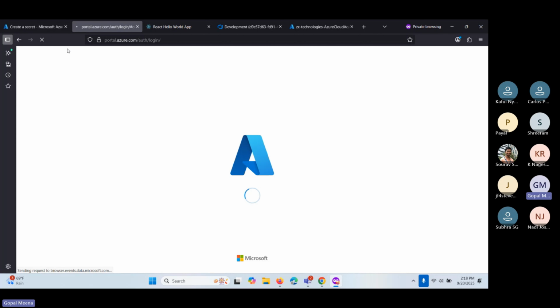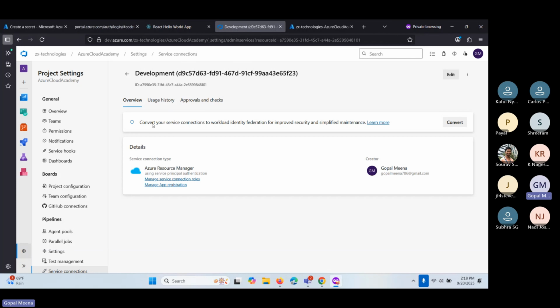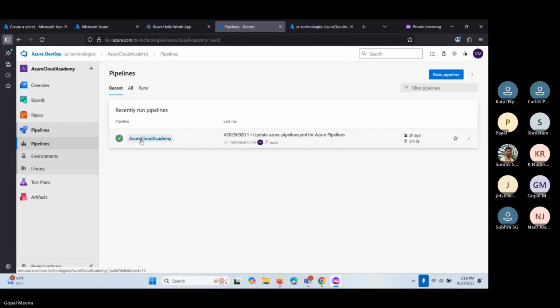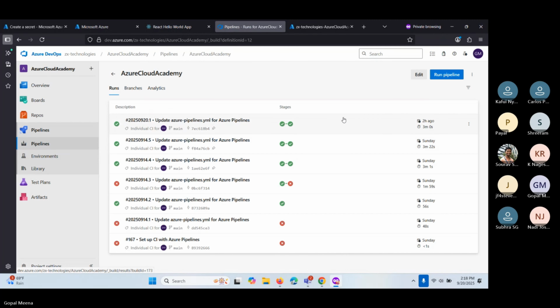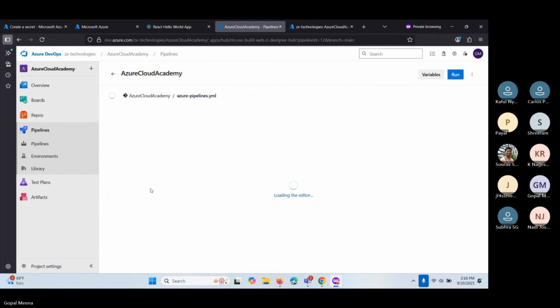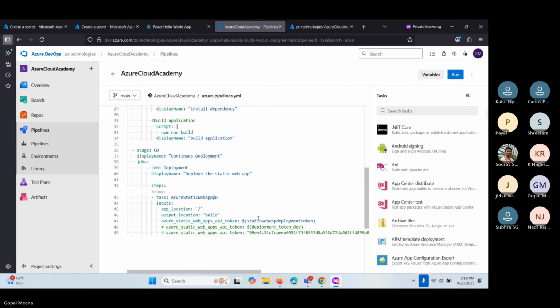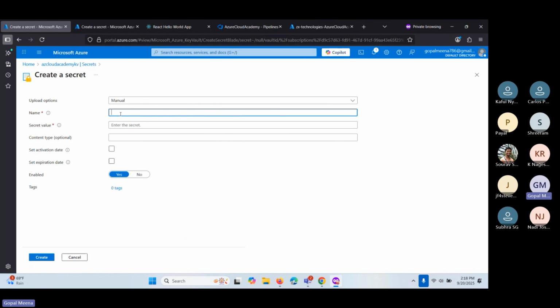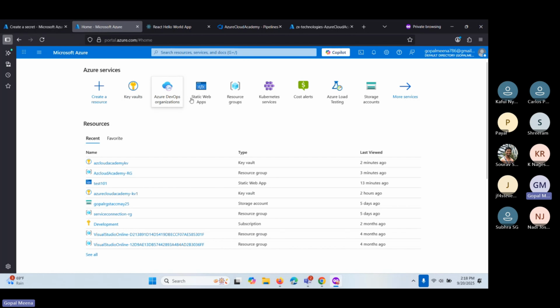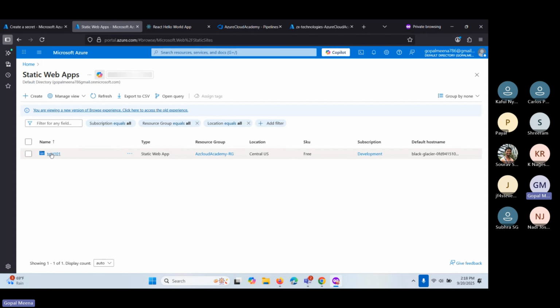So I have to add my key here, and this is the value which I'm using. This is the name, then the secret value. So we have the secret for the static web app, then go to your static web app,